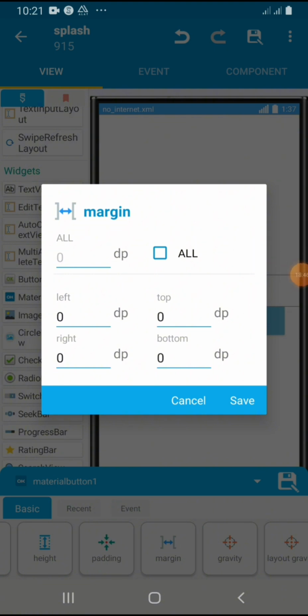Then, like I was saying, right now what we need to do is to click on the top margin because we want to fix the top of that material button. We want to control it, demarcate it, from the first linear. So you tap here